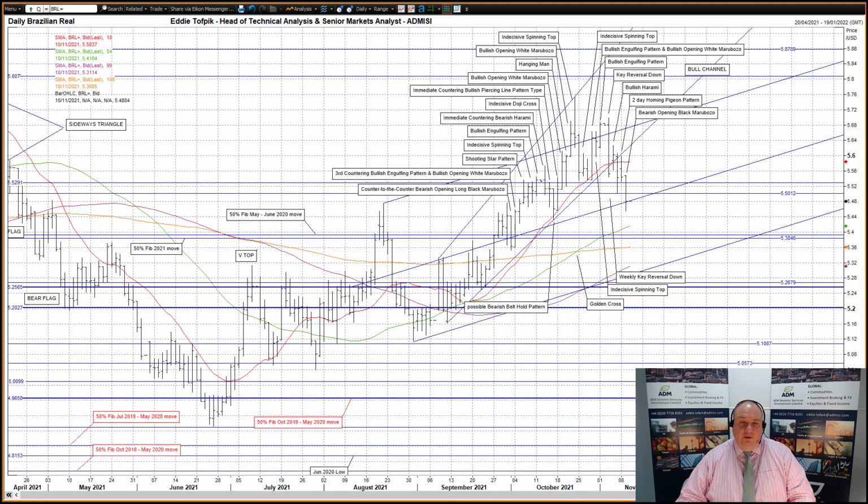US dollar against the Brazilian real. A third bearish black crow. An interesting follow through lower to the previous 2 days' homing pigeon pattern. Interesting because traditionally the 2-day homing pigeon patterns have been seen as bullish reversals. However, data indicates the opposite, with around 6 out of 10 times the action being a bearish continuation pattern. It seems today that the market is following the data rather than tradition.